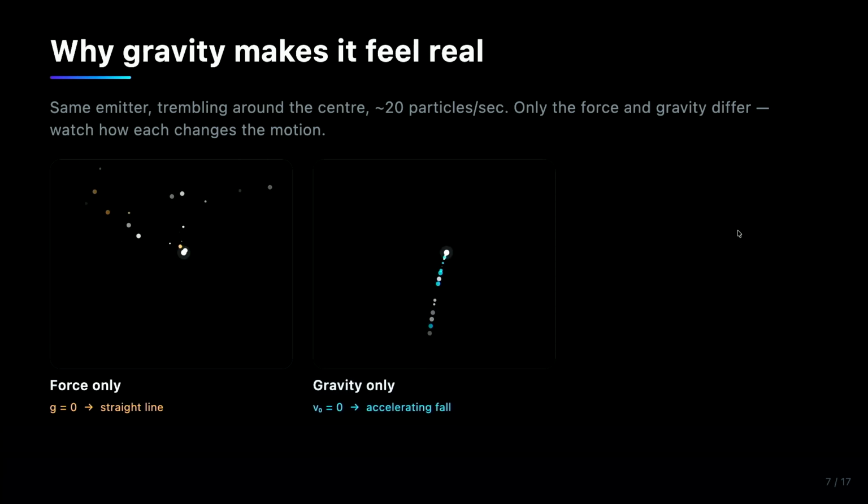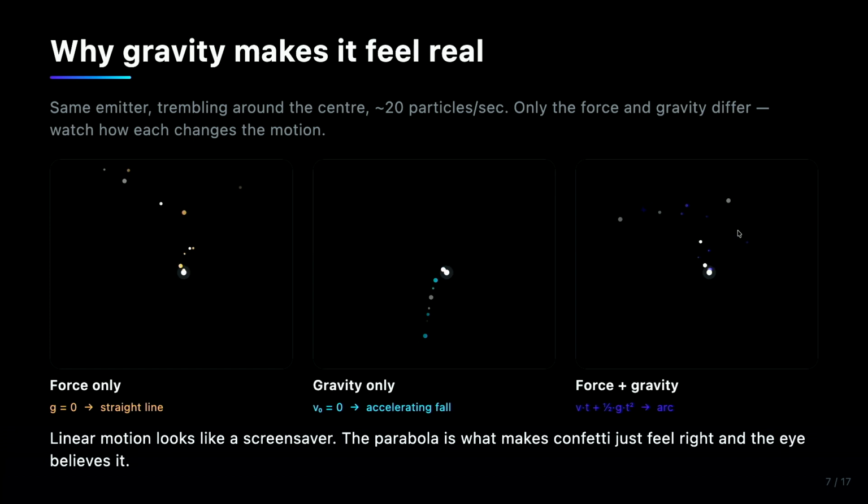So some details here. Why the gravity makes it real. At the very beginning, this particle emitter was not handling gravity, and it looks like this. So every particle had a very straight line. When they are moving fast, it's maybe not that noticeable, but on a device, it looked really weird, kind of fake. So after that, I added the gravity, and now everything looks more real. It actually feels like proper confetti